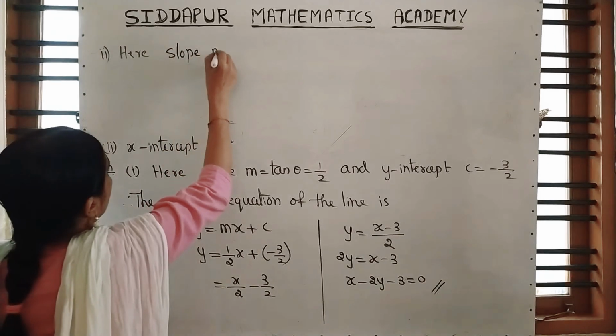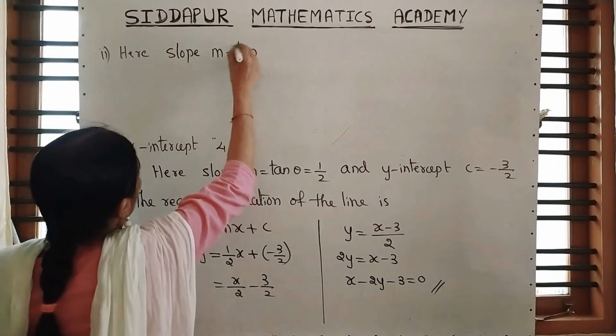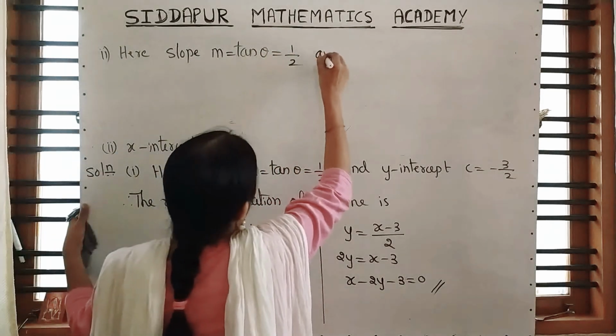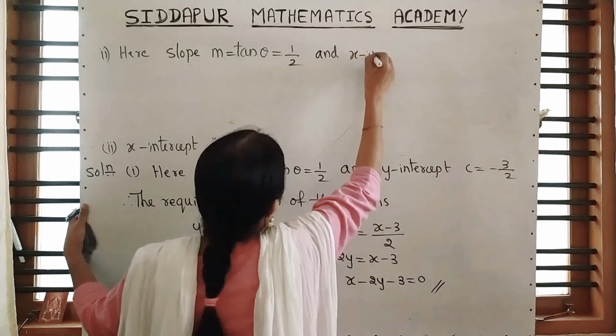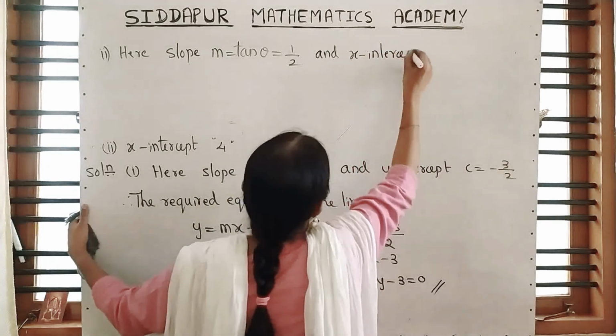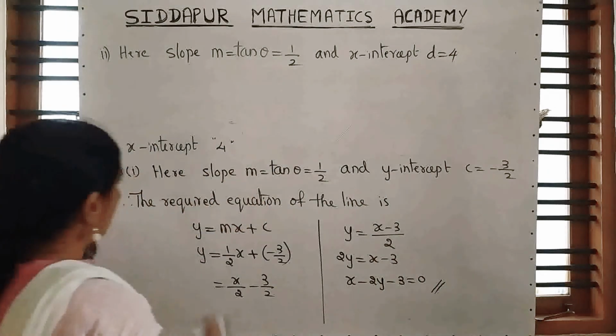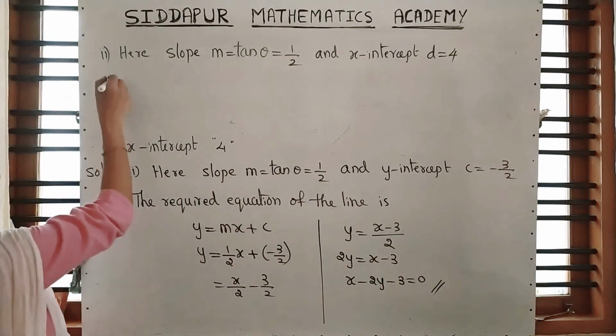Slope m is equal to tan theta is equal to 1 by 2 and x-intercept d is equal to 4. The x-intercept is 4. Therefore,